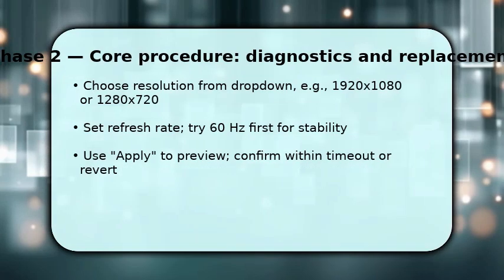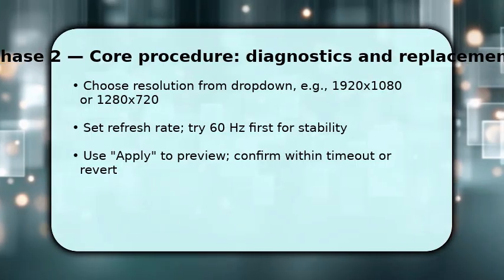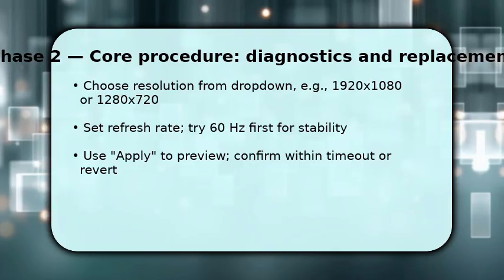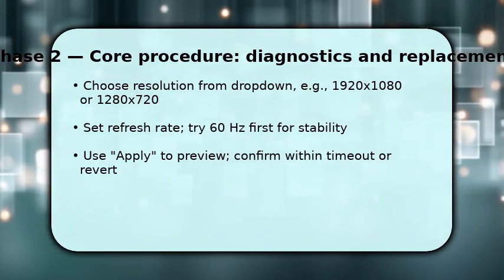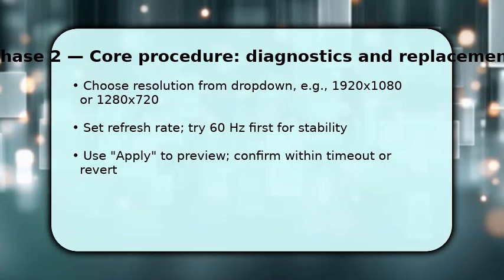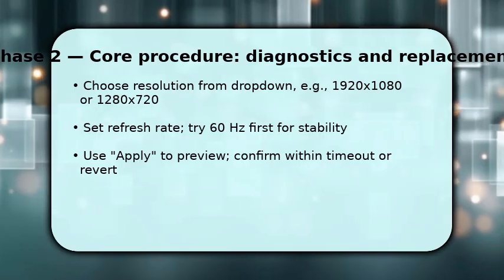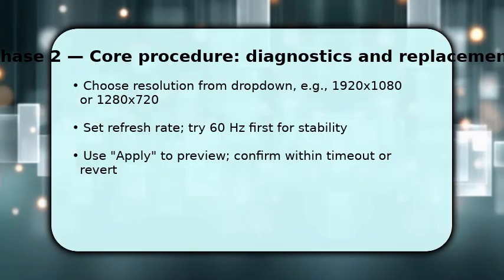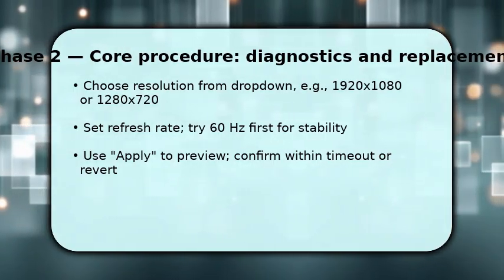Now choose the resolution you want from the drop-down. For example, 1920 x 1080 or 1280 x 720, depending on your monitor. Next, set the refresh rate. Start with 60 Hz for stability. Click Apply to preview the change. Mint gives you a countdown to confirm. If the display looks correct, click Keep Changes. Otherwise, let it revert. If the desired resolution is missing, you'll need the complex next step: adding custom modes with